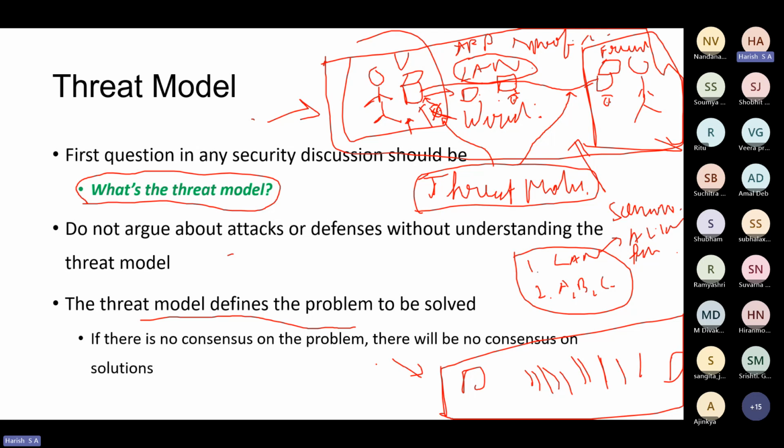And the question is, is the threat model practical? You can always create your own threat model in your mind, saying an attacker can go here, go there, do whatever he wants, and then now I'm going to solve it. Correct? You can make it more difficult for yourself. You can make it easier for yourself. It's always in your mind. So the way you look at a scenario, the way you model how the attacks can happen in that scenario, that is basically the threat model. You're modeling the threat in that scenario. I don't know if this was too much, but essentially this is what a threat model is.